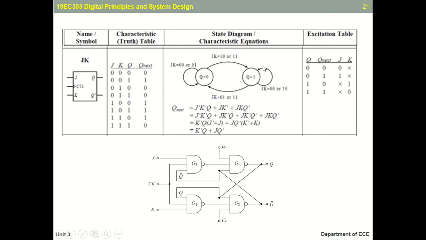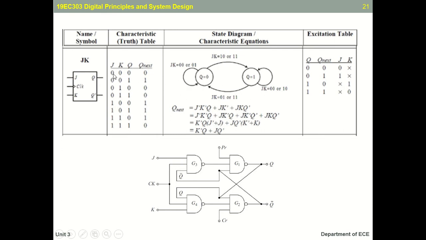And for your JK also, 0 and 2, 0 0 and 1 0. And here the transition from your 3 to 4, okay, 1 0 and 1 1. And here your 1 to 4, okay, 0 1 and 1 1. See here, from this how we can infer this, or from this how we can draw this is, when your